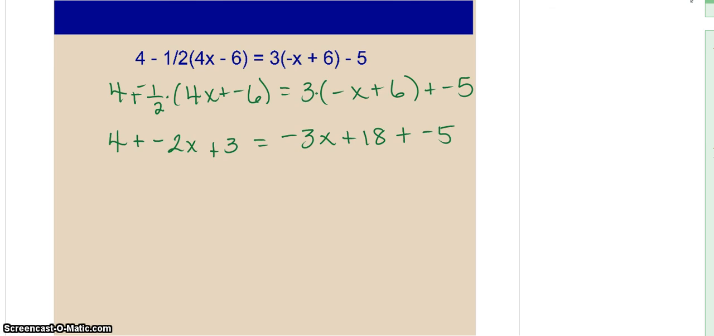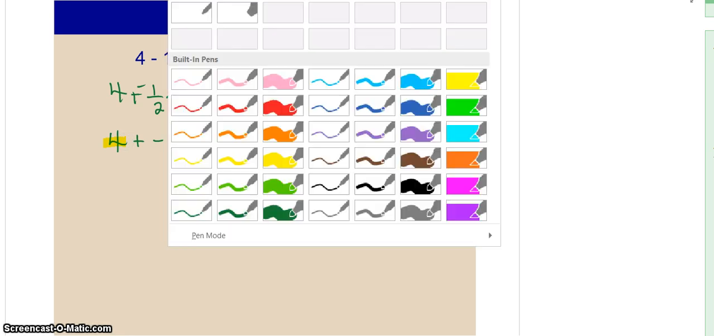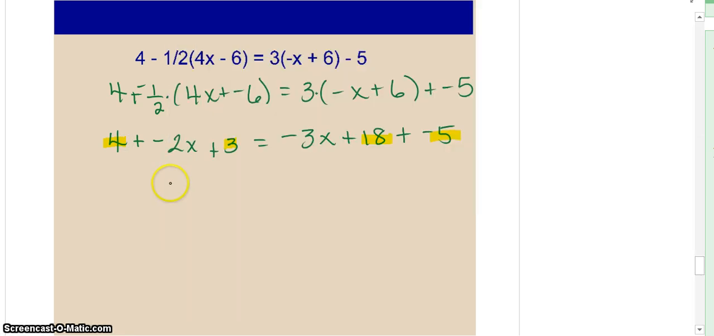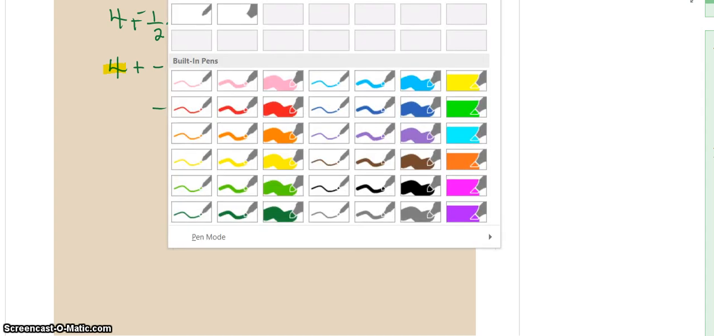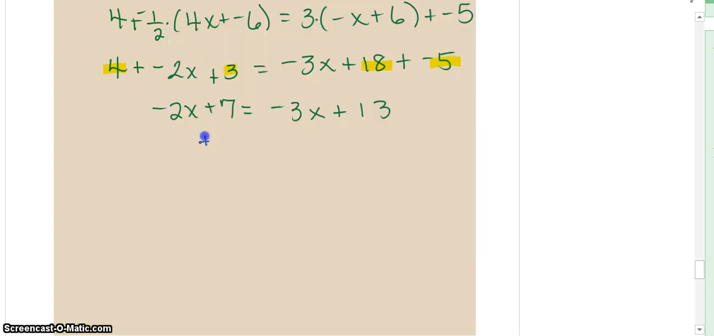So I'm going to add on the left side my 4 and my 3, and on the right side my 18 and my negative 5. So I end up with negative 2x plus 7 equals negative 3x plus 13. Now I need to add the opposite of 7 to both sides because I don't want to have the constant